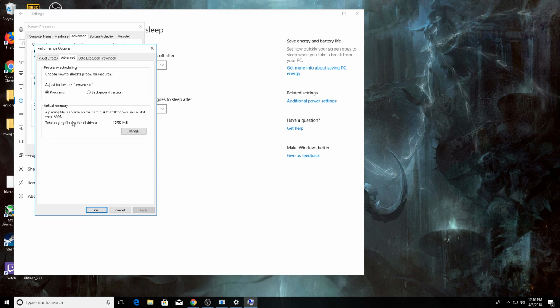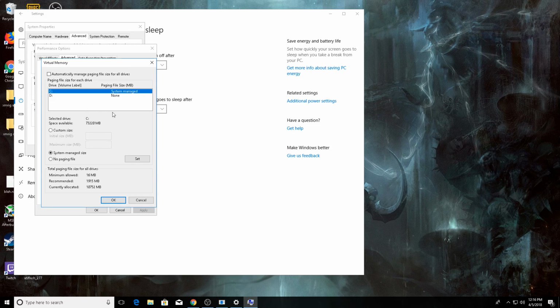This is where your virtual memory is. You want to change this for whatever drive your Windows is installed on. I only have 1 card on this computer, so I don't really have to have a lot, but you just want to go in here and change this. Initial size, whatever you want. The maximum size, you need to make at least